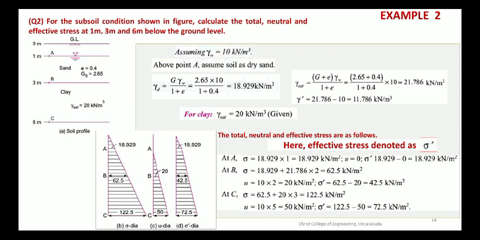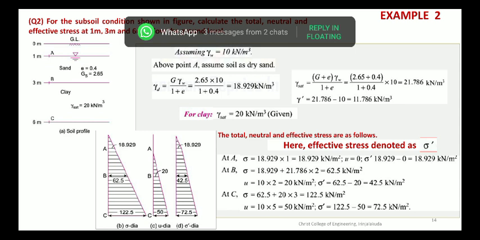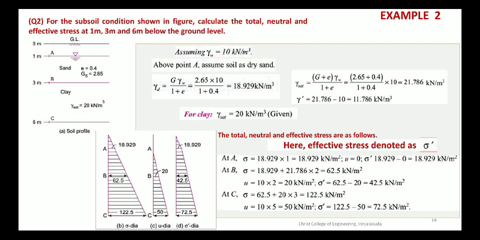So here in the question they have given the unit weight value. It is in kilonewton per meter cube. So that is unit weight. So you have to use gamma value in the formula. You have to write the formulas in terms of gamma value. And if they have given it in kilograms instead of kilonewton, then you have to write rho instead of gamma. Clear? Unit weight and unit density. That's the only difference. So here they have mentioned the values in kilonewton. So we are using gamma value in the formulas and also the substitutions.